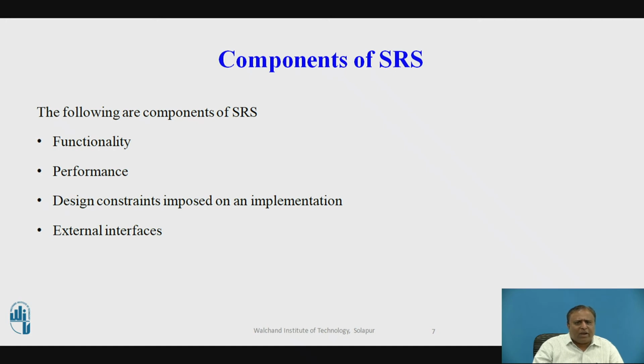Dynamic requirements specify the constraints on the execution behavior of the system. These typically include response time and throughput constraints on the system. Response time is the expected time for the completion of an operation under specified circumstances. Throughput is the expected number of operations that can be performed in a unit time.